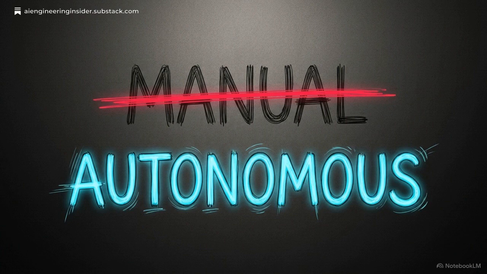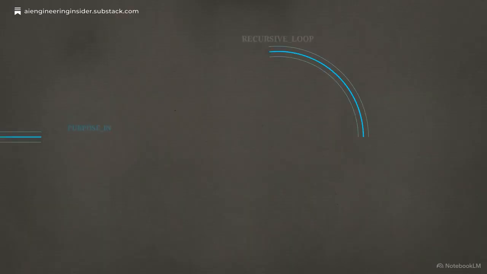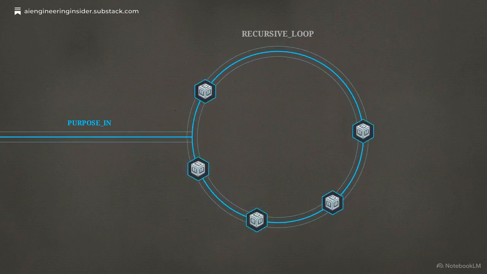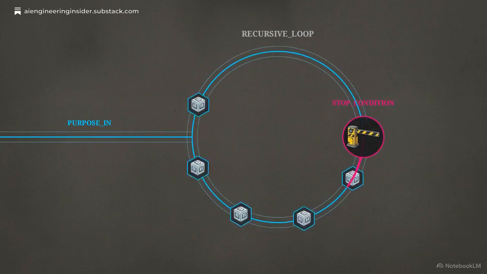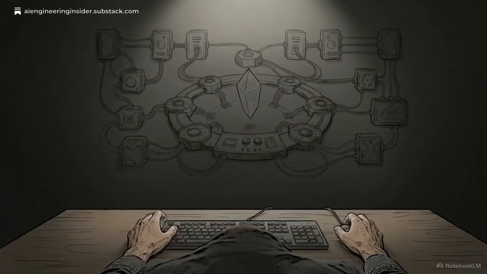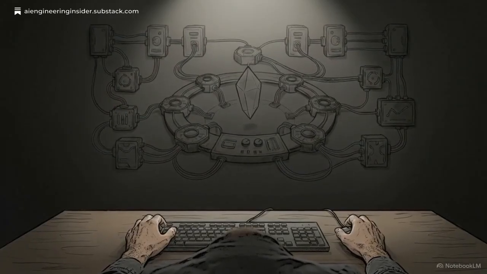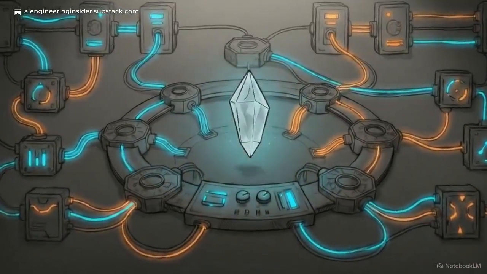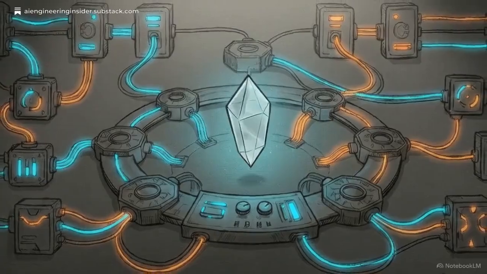A shift is occurring in high-leverage engineering. We are moving from prompt engineering to loop engineering. We define a loop as a recursive, goal-oriented system. You provide a purpose, and the AI iterates autonomously on the task until it hits a defined stop condition. The objective is to replace the human as the entity prompting the agent. The engineer moves from being the prompter to being the system designer.